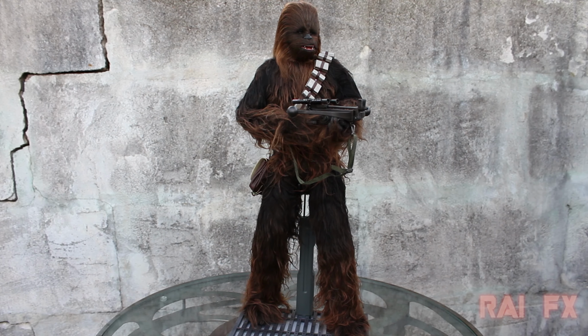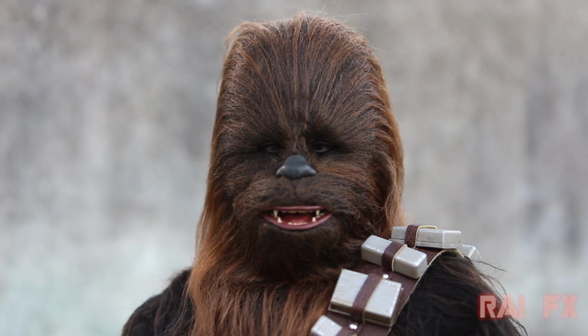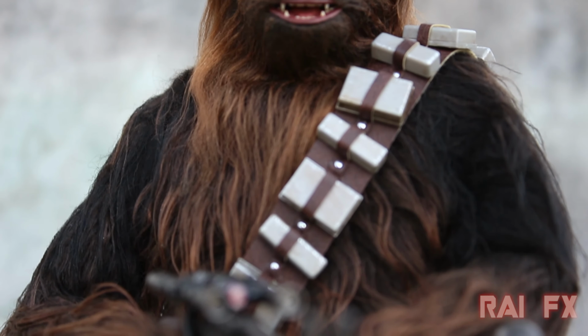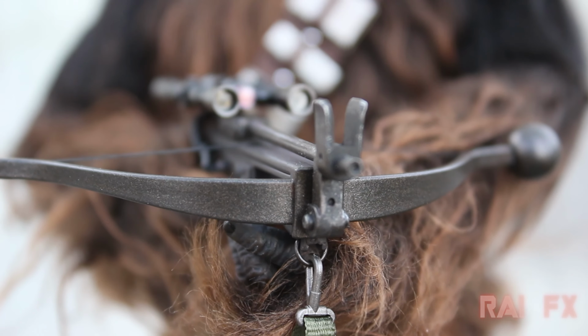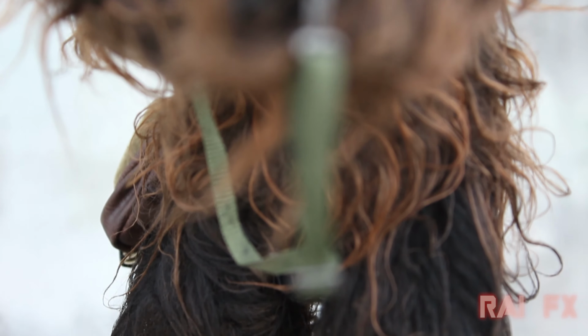Now here's the Chewbacca figure. They did an amazing job with this. They put synthetic hair all over him, and it just looks extremely crazy. It doesn't look like they should have been able to accomplish this as something a consumer could buy at this price. It's really amazing just how they did it, and even his hair just being all slicked back,